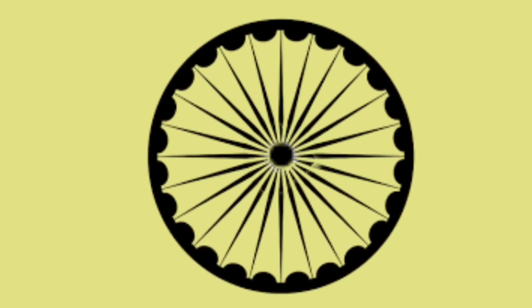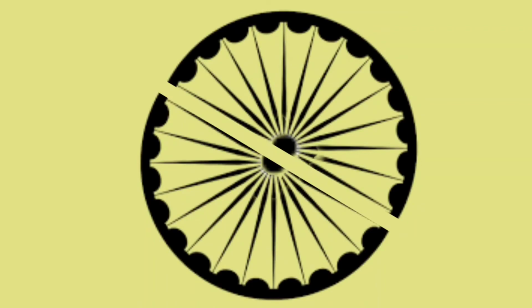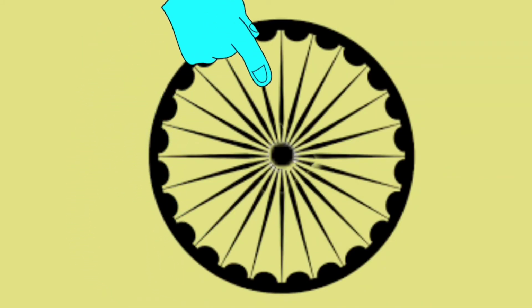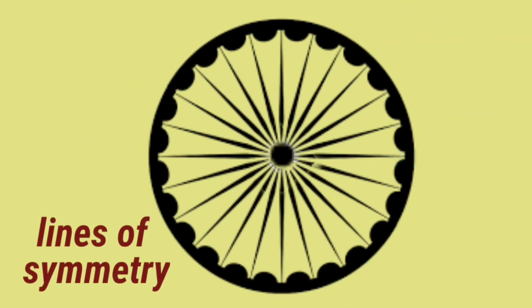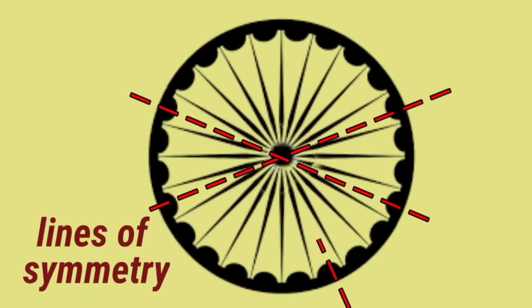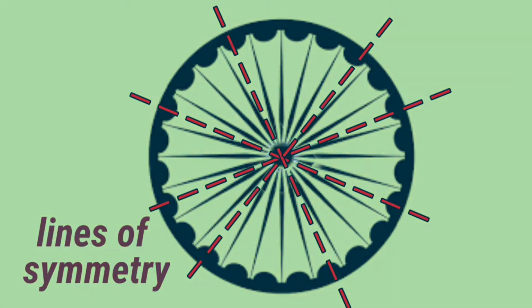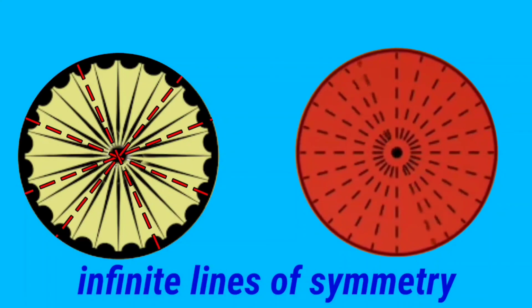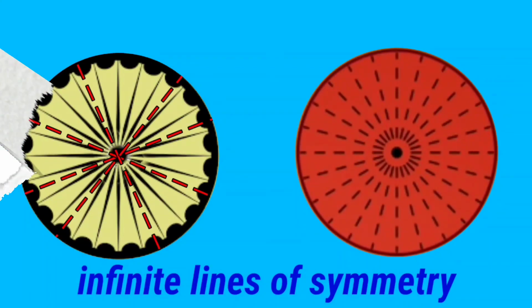Now, the next figure is a circle with a number of diameters. Dear students, every line that passes through the center of a circle divides the circle into two identical parts, and we can draw such a line along any direction. So students, all the diameters that are shown in this circle are its lines of symmetry, and other than these we can draw even more lines of symmetry. So students, there are an infinite number of lines of symmetry in a circle.